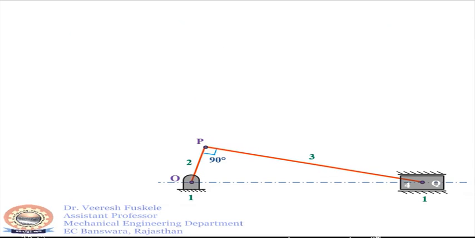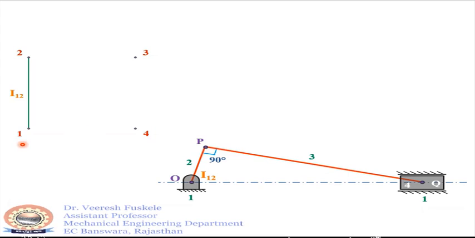For doing this, we will first represent the links with the points on a polygon as shown here. Point 1, point 2, point 3 and point 4. Now we will join the sides with a firm line. That will give us the instantaneous centers by inspection. So points 1 and 2 joined will give us instantaneous center I12, which will be located at point O. As at point O, the link 2 will be rotating about this point O. So link 2 will have the relative motion with respect to link 1. So this point will be I12.